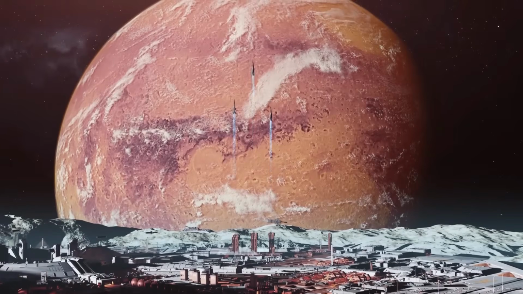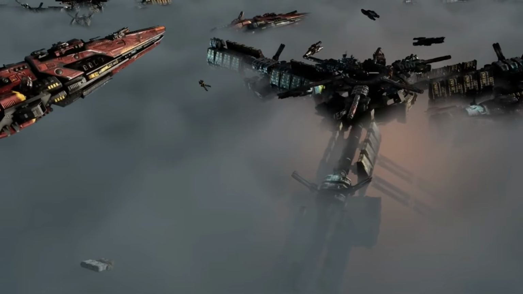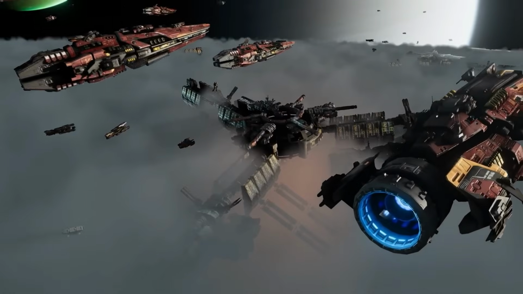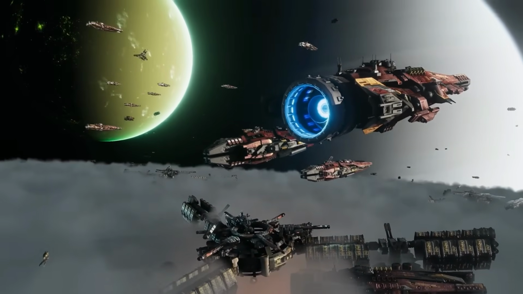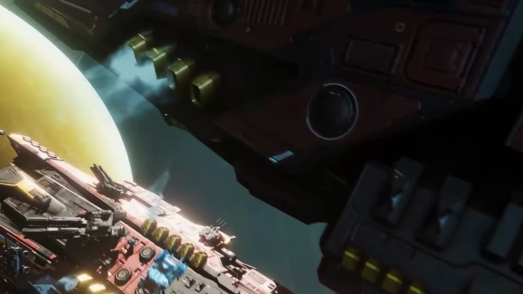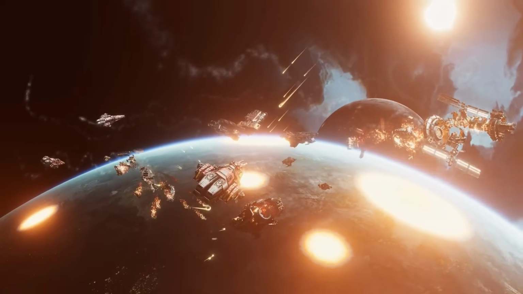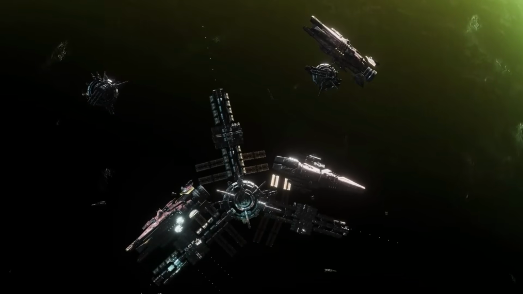In space, silence isn't empty, it's deadly. And in Falling Frontier, silence can mean the difference between survival or complete annihilation. This isn't your typical real-time strategy game. It's slower, smarter, and far more personal than the clickfest strategy titles we're used to. If you love games where every choice matters and every scan of the radar could spell disaster, then this one's